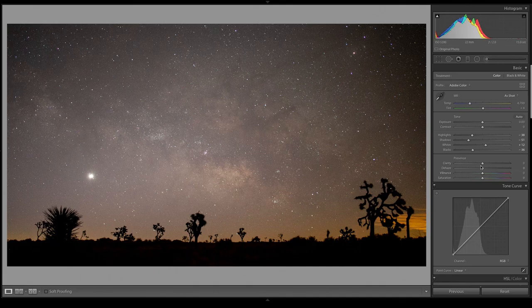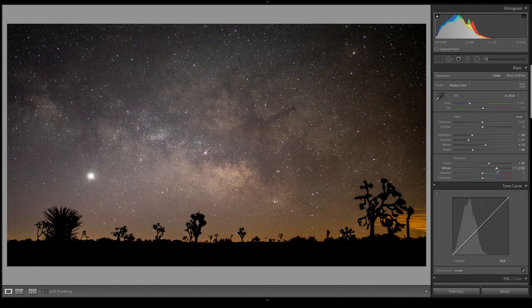Another thing we can do is increase the clarity and also dehaze, which will bring in more detail in the sky. Since we're not really caring about the foreground elements if we apply the dehaze filter to them, I think using the overall dehaze tool is fine. I typically would use dehaze more with one of these adjustment filters up here, but since we really are applying the dehaze filter to everything, using the global adjustment is fine.